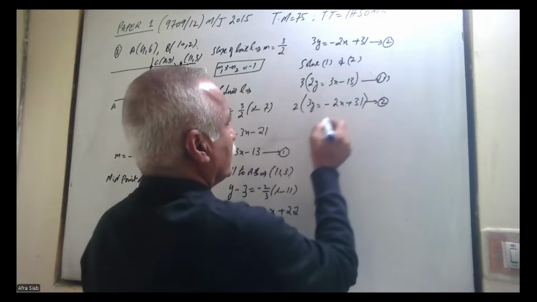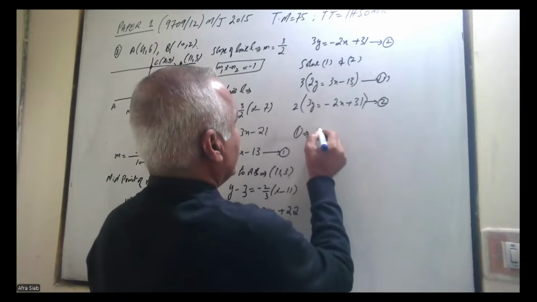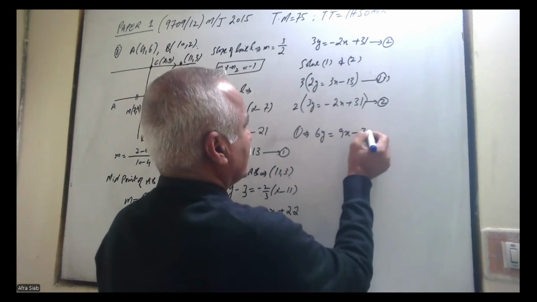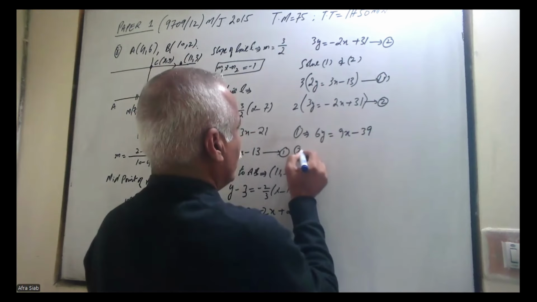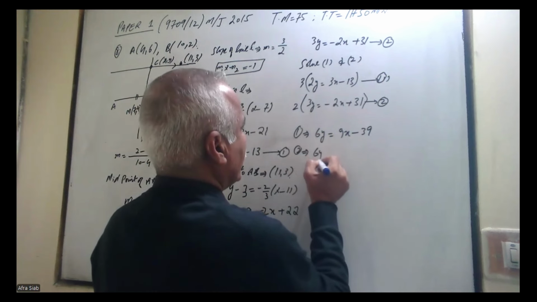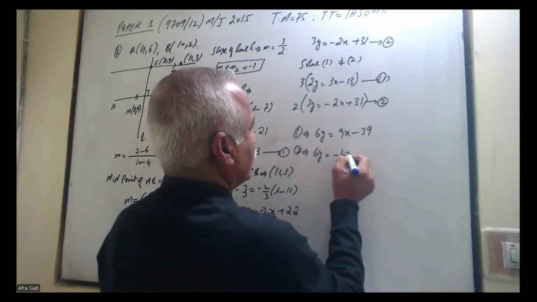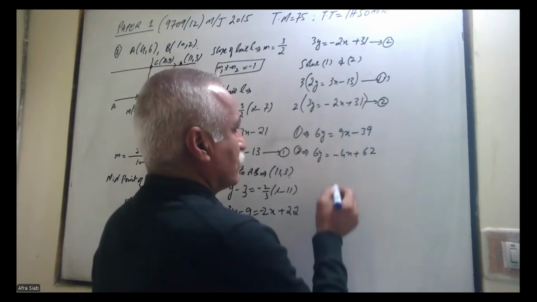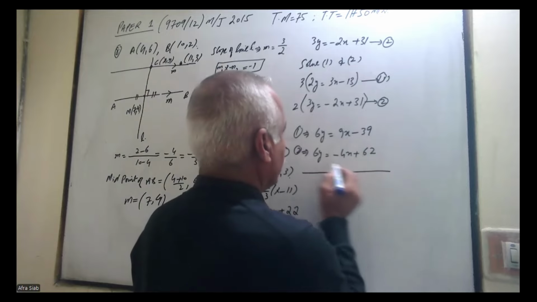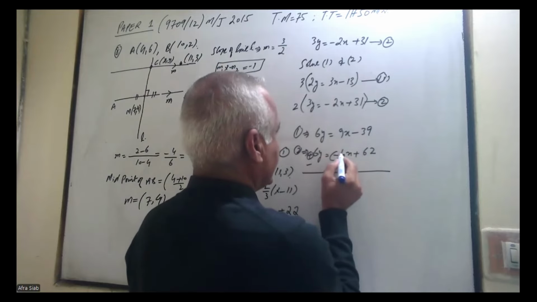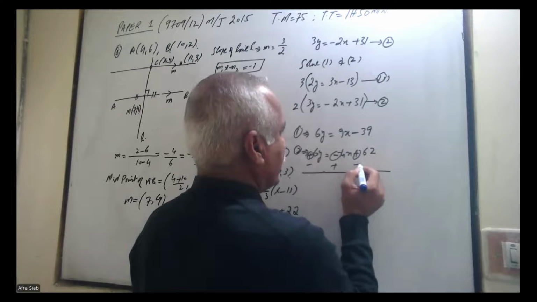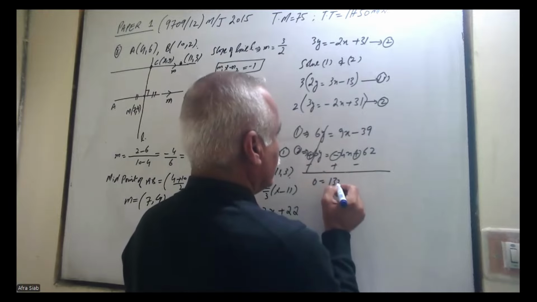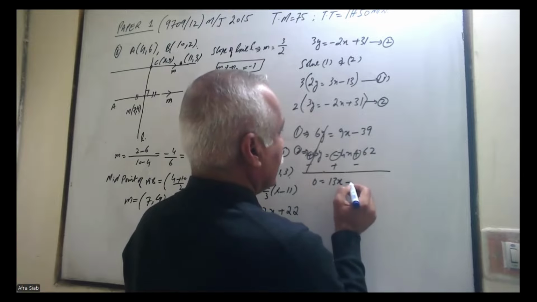Equation 1 becomes 6y equals 9x minus 39, and equation 2 becomes 6y equals minus 4x plus 62. If we add these two, the signs flip and they cancel each other, so 0 equals 13x minus